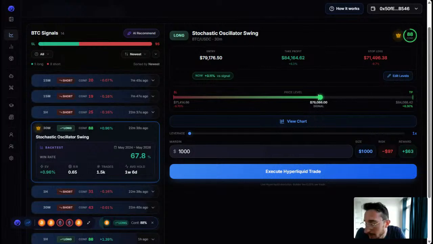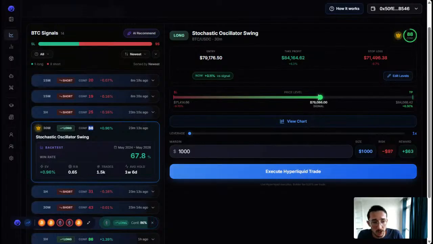There is a huge bias in our system, so it's important you know it. The long signals always have a much better confidence score, and the short signals always have a pretty bad confidence score. And the reason is the following. Historically, all technical analysis trading strategies on Bitcoin have been much better when they're long than when they're short. When they're short, there are far fewer that are actually profitable.